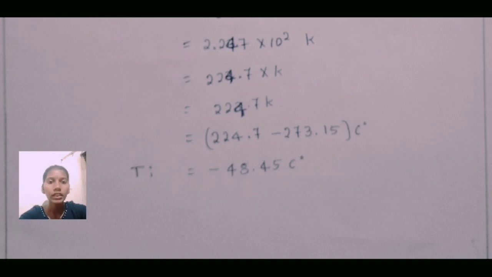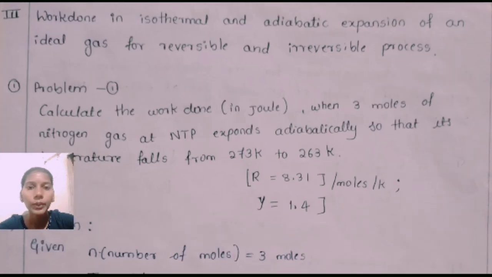To convert Kelvin into Celsius, subtract 273.15 from 224.7. Then we get minus 48.45 Celsius. Then inversion temperature is equal to minus 48.54 degrees Celsius. And my third topic is work done in an isothermal and adiabatic expansion of an ideal gas